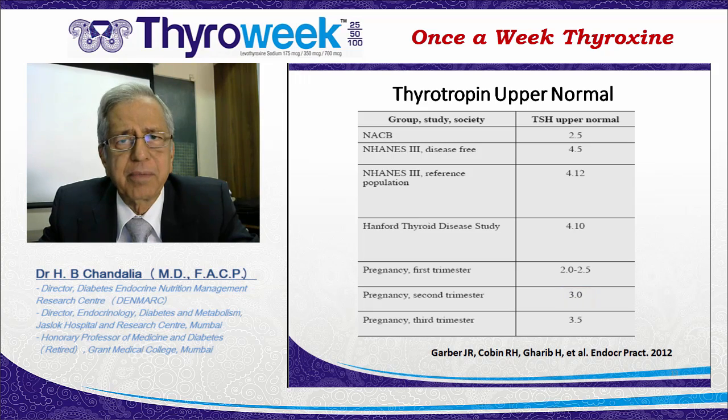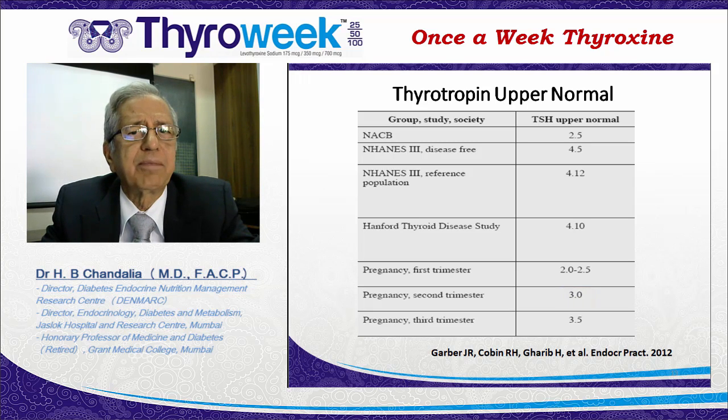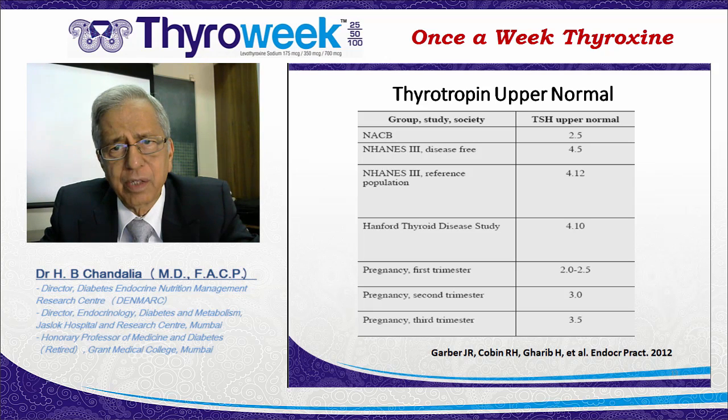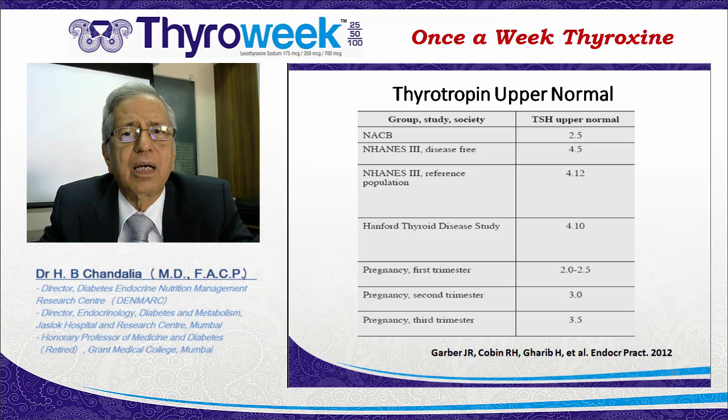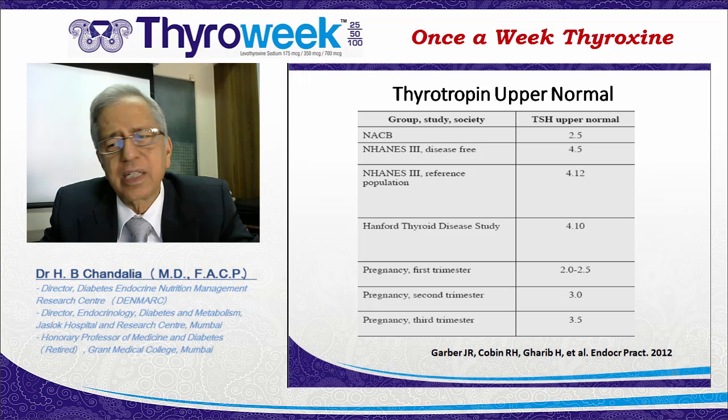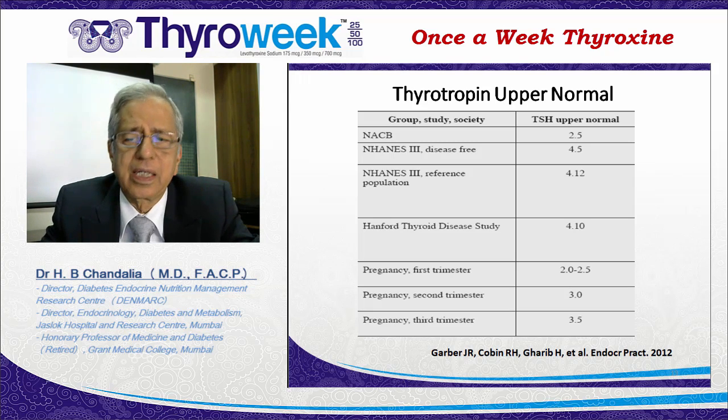And therefore, remember that when we are treating a patient with hypothyroidism, we often now target a value of 2.5 or less in order to achieve normality. So remember that although the range of TSH is almost up to 4.1, the majority of people have a mid-range of 2.5, and while treating people, you are going to target this particular figure.